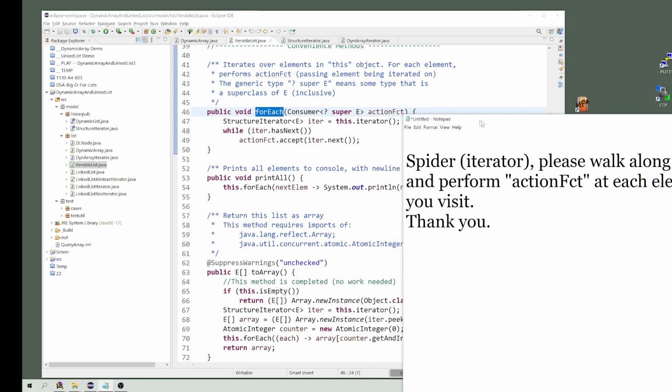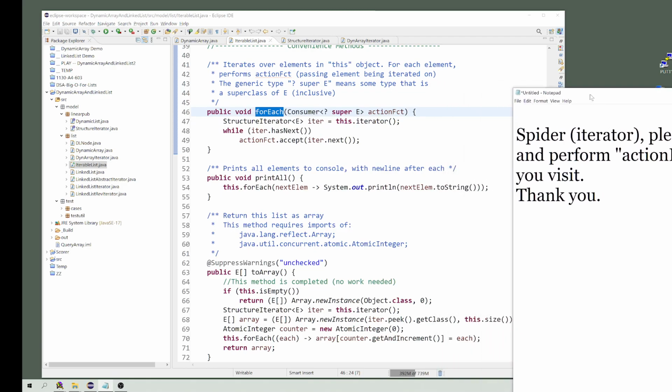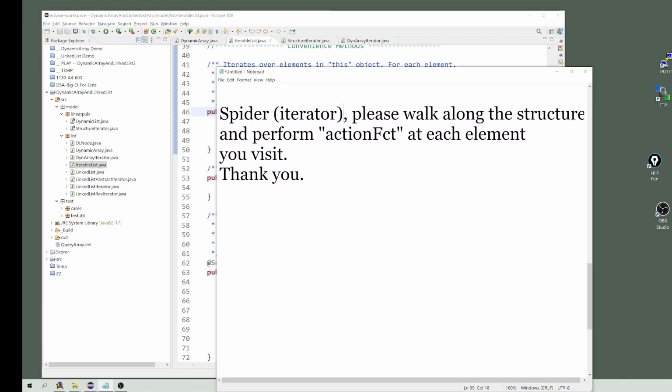Okay, so what does that look like in code? Very, very simple. The iterator has a very simple protocol. Almost everything we'll do will be iterator. Here's how we iterate. While iterator has next, in other words, while it still has another element in it. If it's beyond the end, then it's done, and we don't need to iterate anymore. But while it has another element, then we're going to